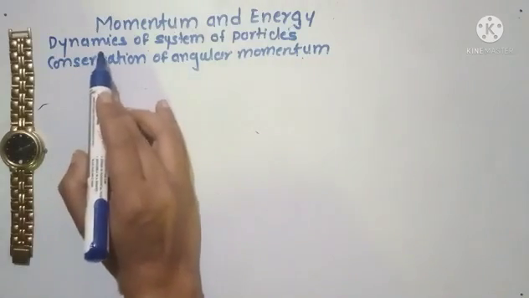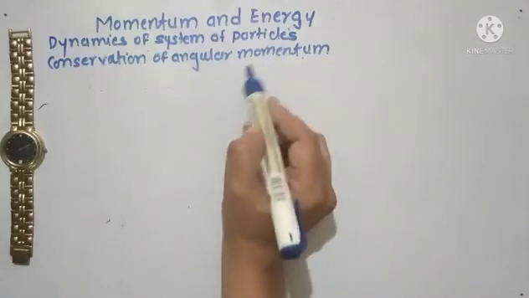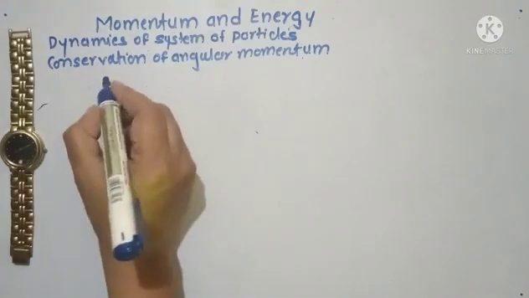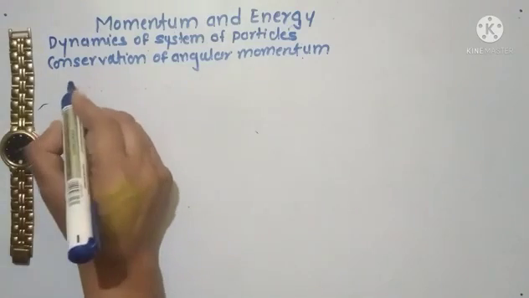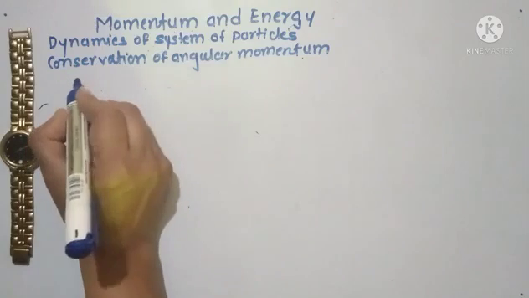We have started with the dynamics of the system of particles, and in the last lecture we have seen the conservation of linear momentum. Now suppose in a system of particles there are n number of particles, and we have considered any particle